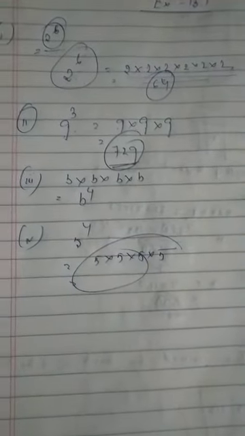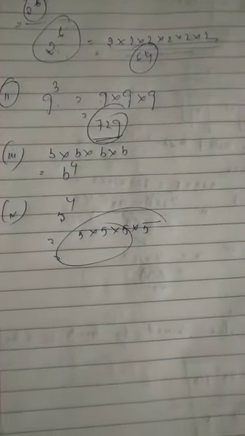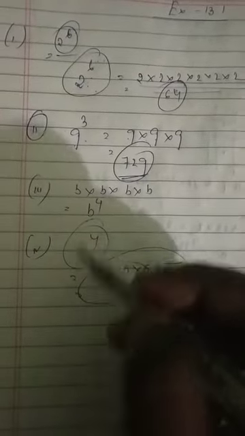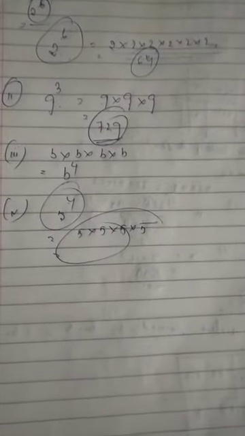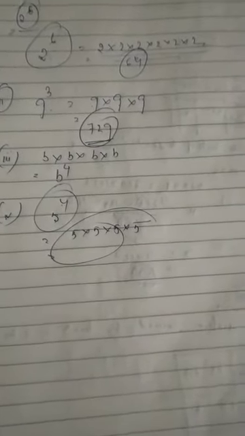So children, this is how we have to find the answer to these questions. If any number is given in exponential form, this form is called exponential form. Any number with a power is called exponential form. So if you receive something in exponential form, that is to be expressed in this way. The base value will be multiplied with itself that many number of times, and we have to do it accordingly.